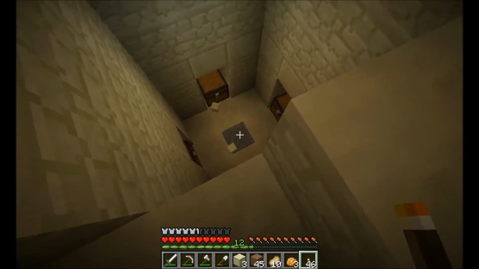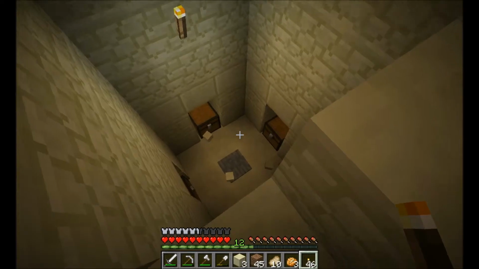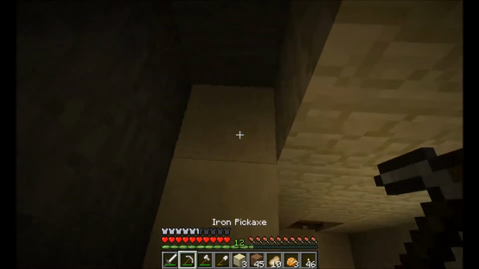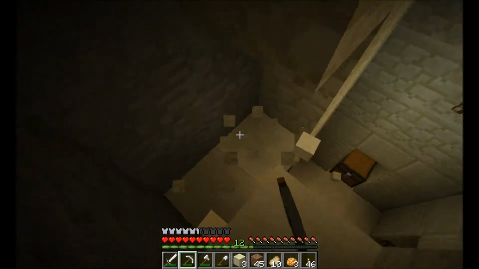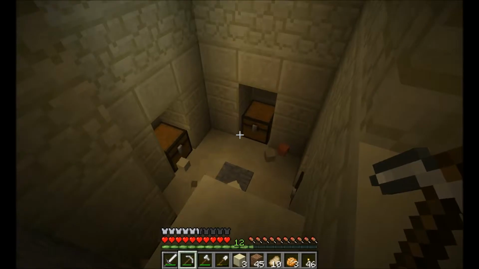But you see that thing right there, that gray block? That is actually a pressure plate. And underneath of all these tiles of block right there, there's dynamite. Now, I really think that they are going for the Egyptian feel here. I did not know that Egyptians had dynamite, but,